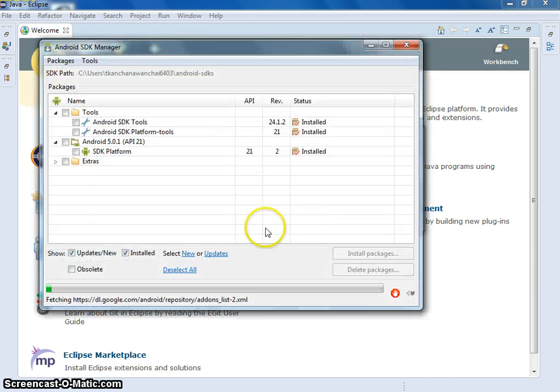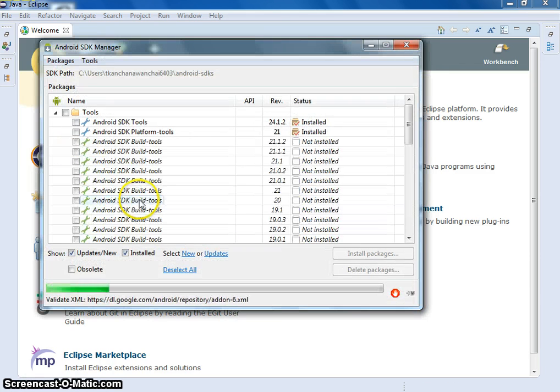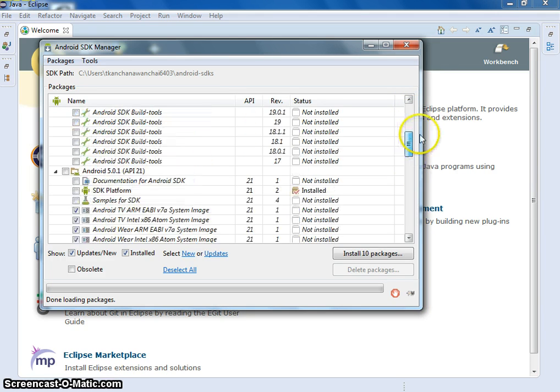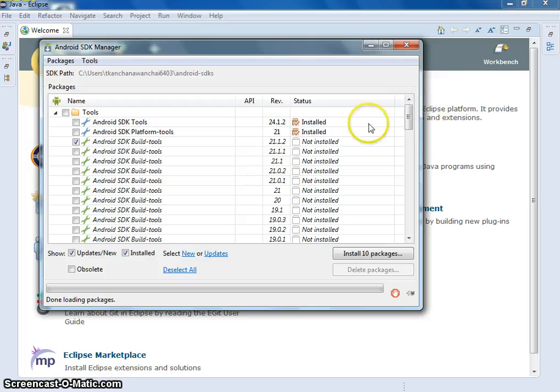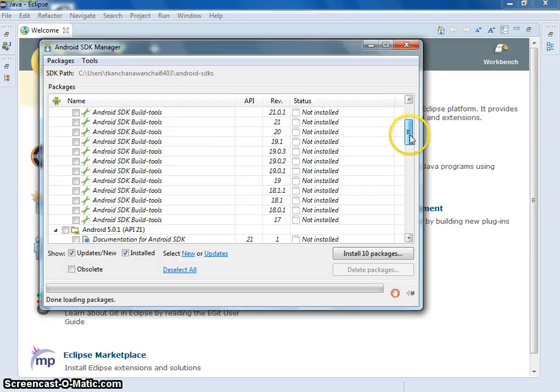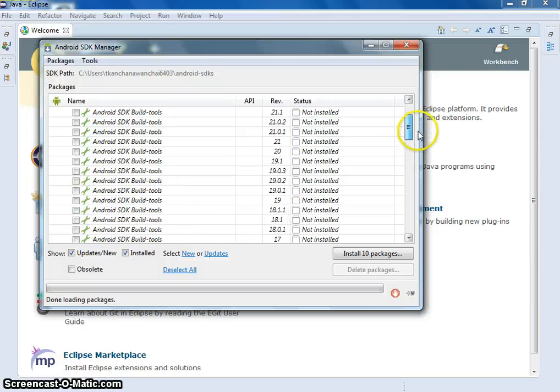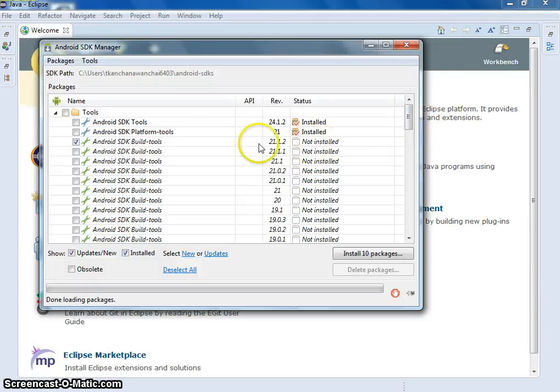Okay, so these are the Android SDK build tools. So we have a couple of them installed, but the build tool is not installed. The tools and platform are installed already. So we need to install more. You can pick the versions. We could get the latest build tools 21.1.2,